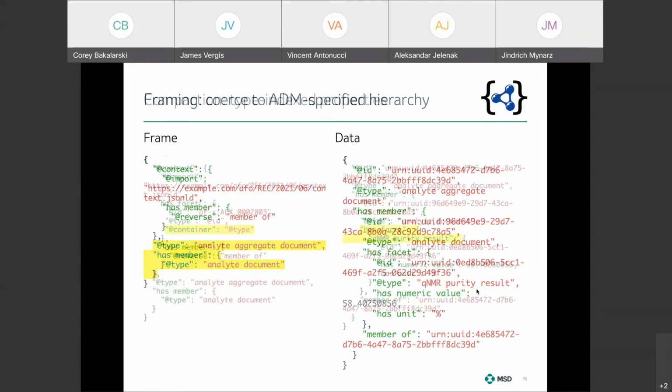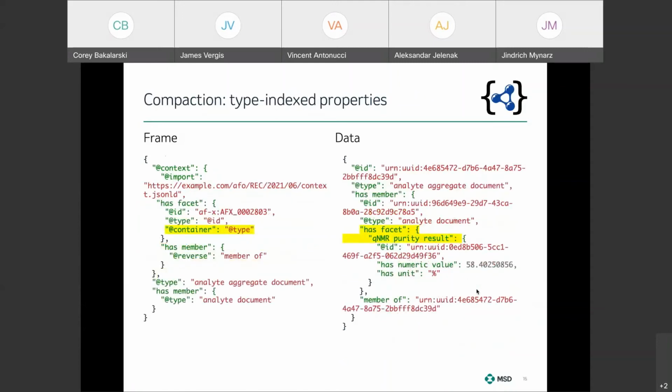Further on, with compaction, we can use this for navigating the AFO, like the specific classes in AFO with type indexed properties. The AFO tends to specialize classes instead of properties. So the tabular models, for instance, contain subclasses of information content entity. However, distinguishing values of a generic property, such as has facet, by their classes requires loops and filtering when navigating